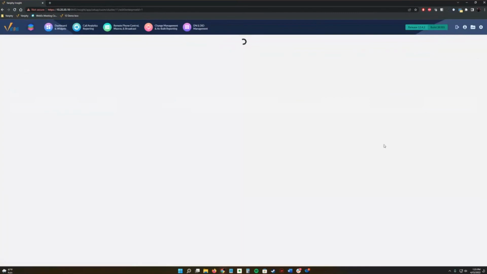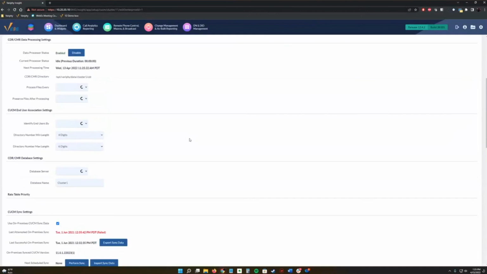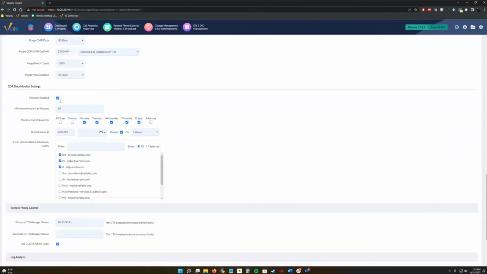So Dre, let's gloss over this real quick. Yeah, this one would help out if we stopped receiving that CDR data from the call manager or the billing server. That could say that there is a connection issue, right? Definitely, a connection issue would cause this alert to go off. Exactly. As long as the Verify server instance can connect to your SMTP relay, we should certainly be able to provide those alerts to you within a matter of a couple of minutes.